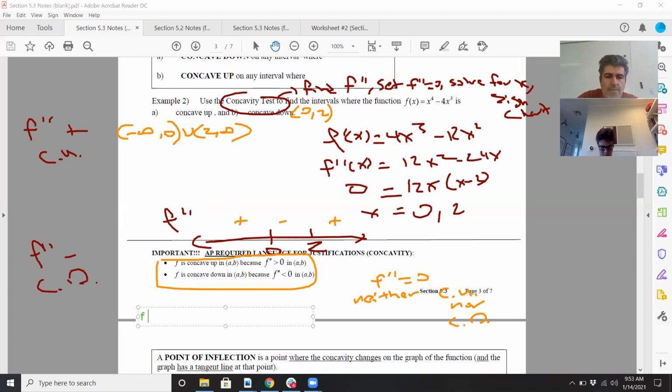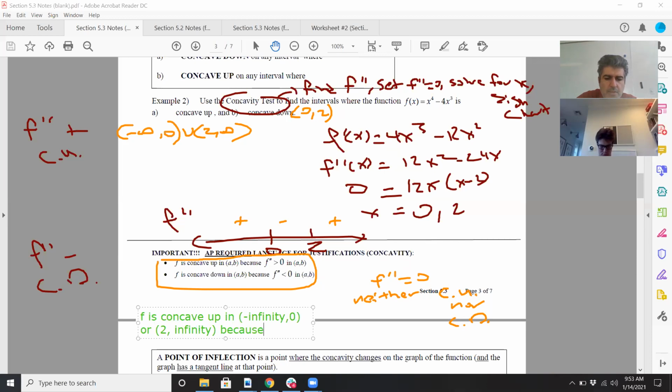I would say f is concave up in the interval negative infinity to 0 or, actually it should be or, sorry, I meant to say, yeah, that's right, 2 to infinity,